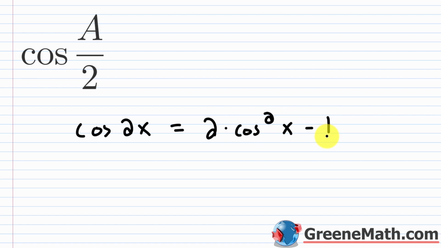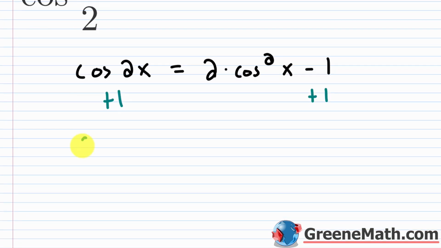Now, what you're going to end up doing is getting cosine of x on one side and everything else on the other. And again, like I just said, you're going to plug in this a over 2 everywhere there's an x. So you can pause the video and try that now, or you can just go through this with me, either way. Since I want the cosine of x on one side by itself, let me add 1 to both sides like this. And so this will give me the cosine of 2x plus 1 is equal to